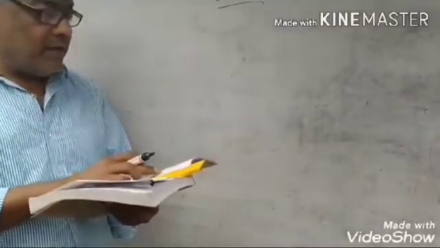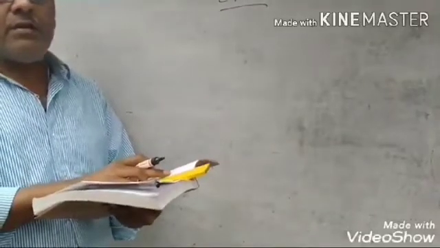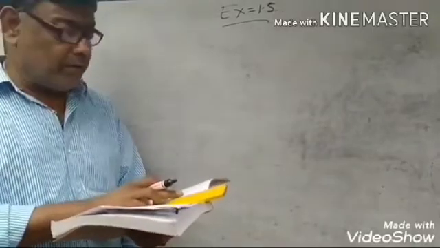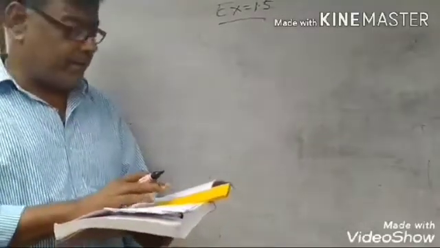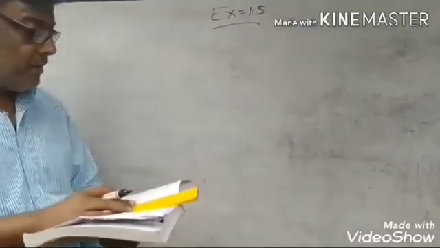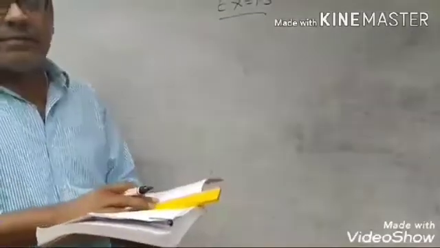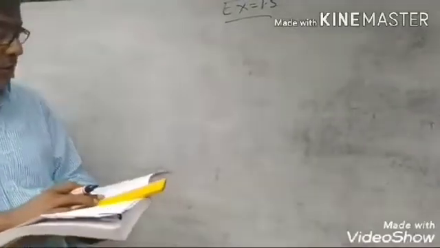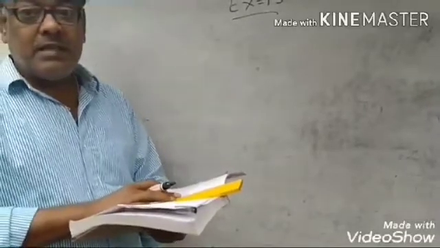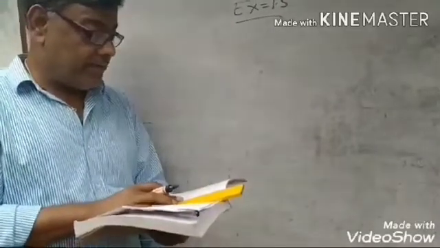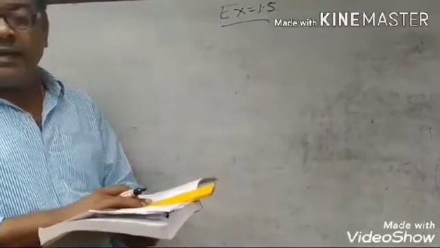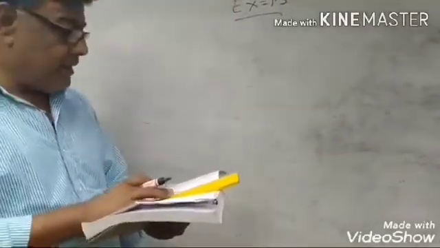Question number 3: 2 root 7 by 7 root 7. Root 7 cancels, then 2 by 7 is of the form p by q. This is a rational number. Question number 4: 1 by root 2. This is an irrational number. This is of the form p by q, but root 2 is an irrational number. This is not a perfect square. And 2 pi is also an irrational number, because pi is an irrational number.